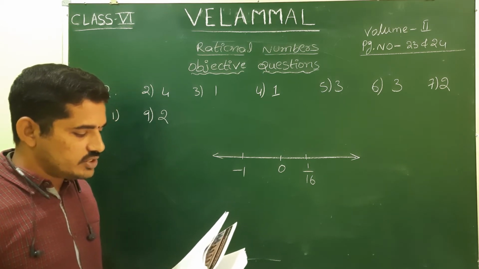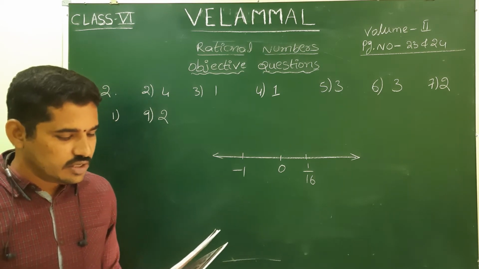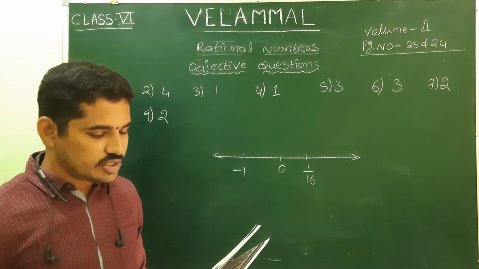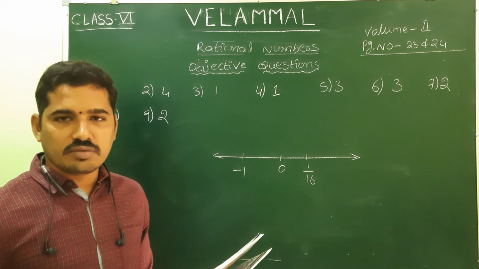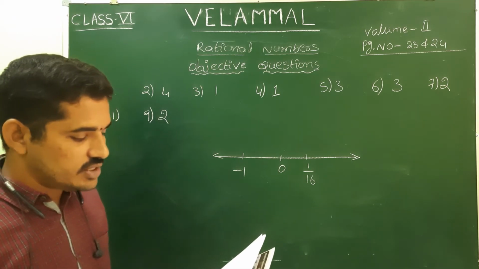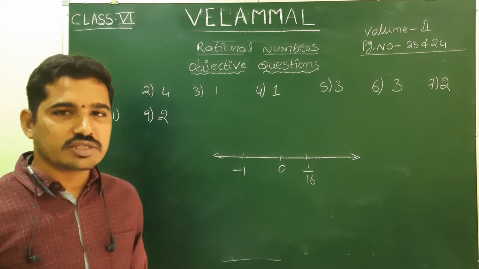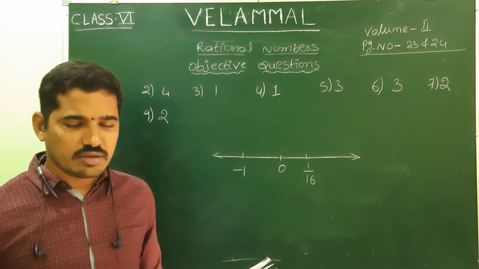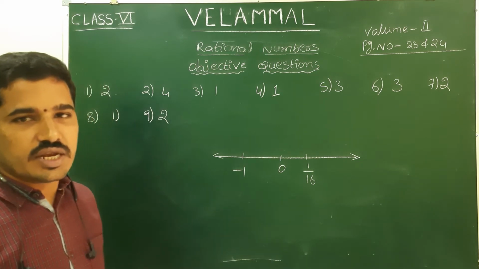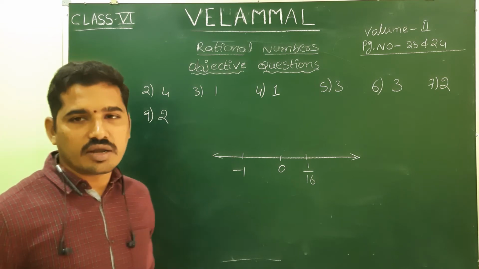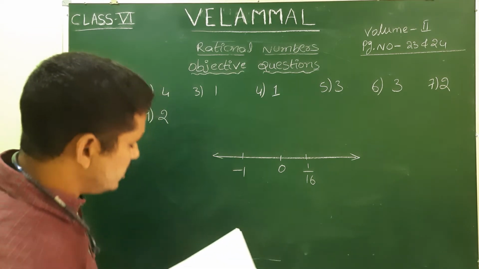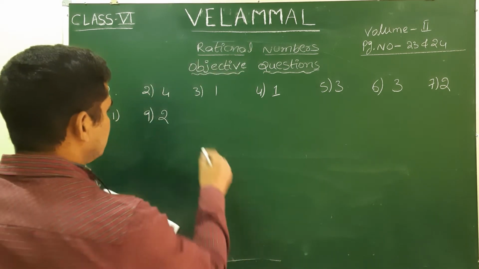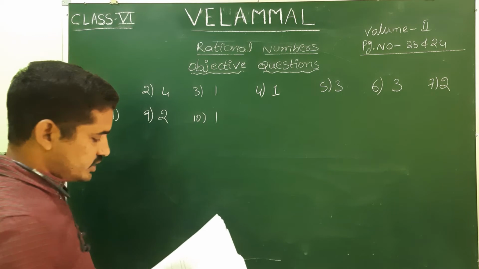Which of the following is true? 0 is a natural number. 0 is a rational number. Yes, 0 is a rational number. It is true. 0 is not a rational number. It is false. 0 is a natural number. 0 is not a natural number. We know that 0 is a whole number, and 0 is not an irrational number. Whenever we say 0 is a rational number, then it is not an irrational number. So the answer to the 10th question is the first option.